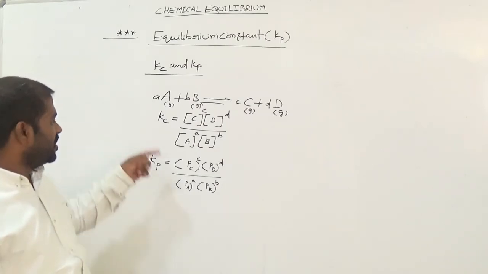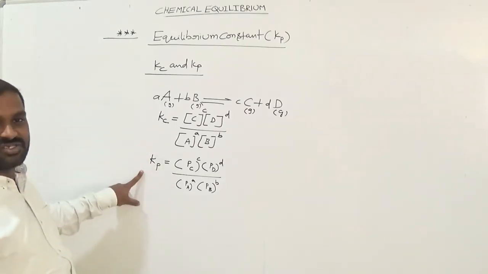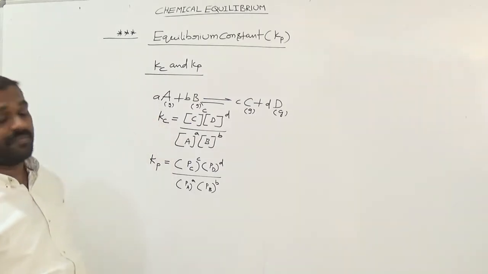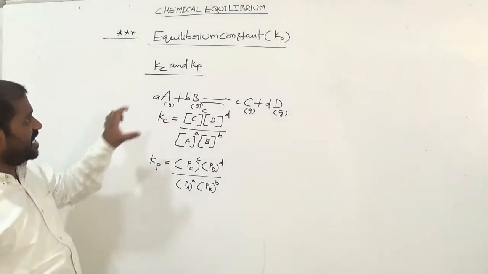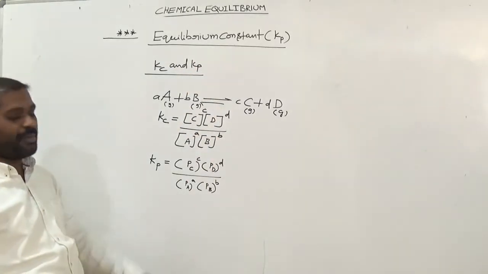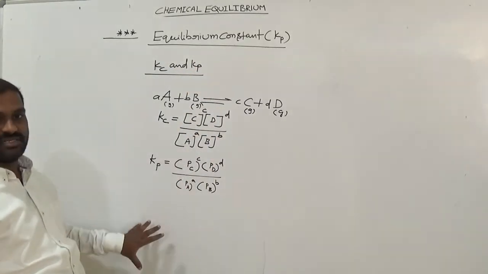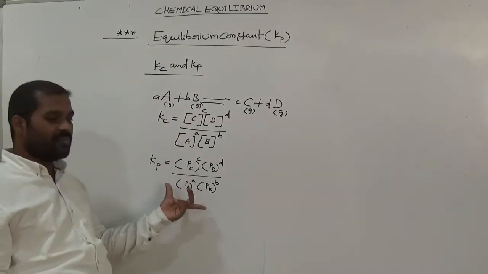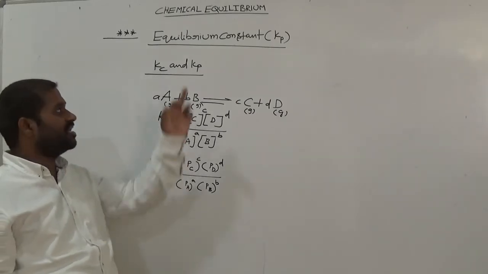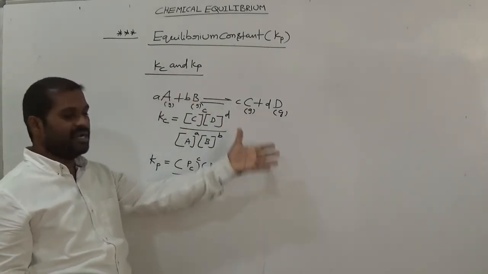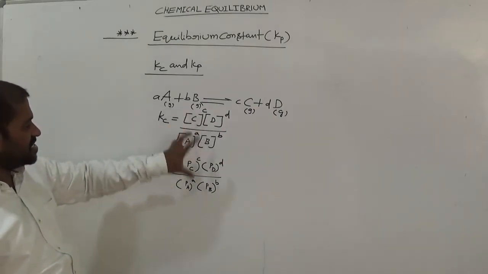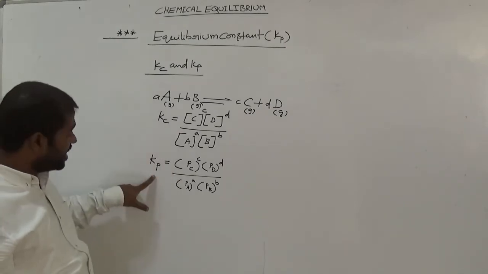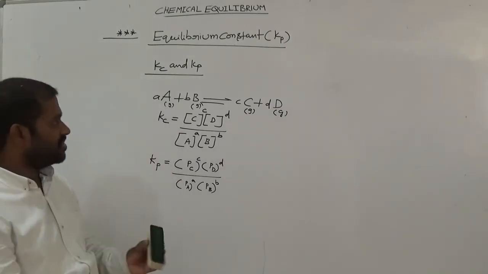So this is called the equilibrium constant, and this is also called an equilibrium constant. This is the equilibrium constant Kc in terms of molar concentration. This is the equilibrium constant Kp in terms of partial pressure. So that is the difference. The square bracket is the concentration, the round bracket represents the partial pressure of the reactants and products. The expression is the same, just the shape of the brackets changes, concentration terms versus pressure terms. Just note it.